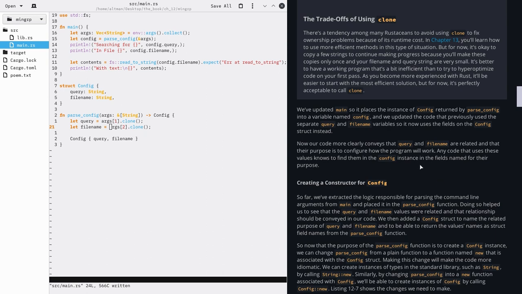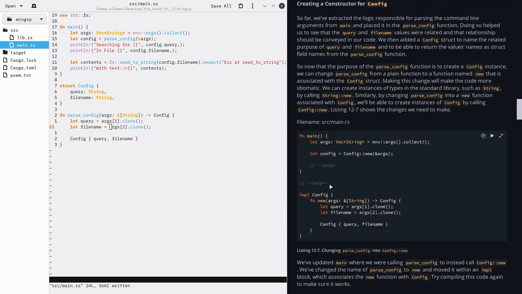Creating a constructor for config. So far,